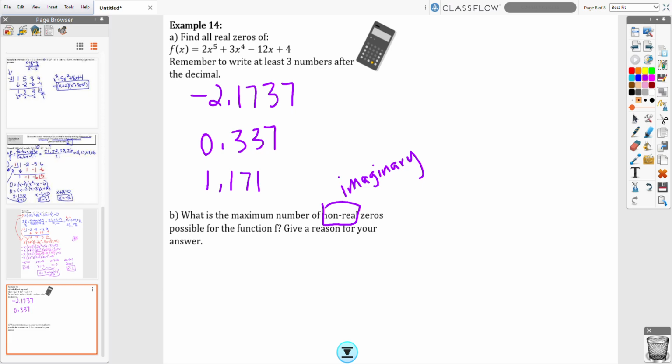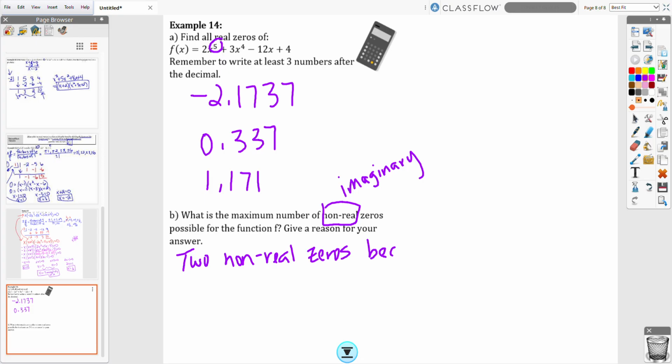So remember we said that the degree of the polynomial tells us the total number of zeros that we should have, whether they're imaginary or real or not. So we should have 5 total. We had 3 real ones, which means we can have a maximum of 2 complex zeros or non-real zeros. So the answer would be that we can have a maximum of 2 non-real zeros,